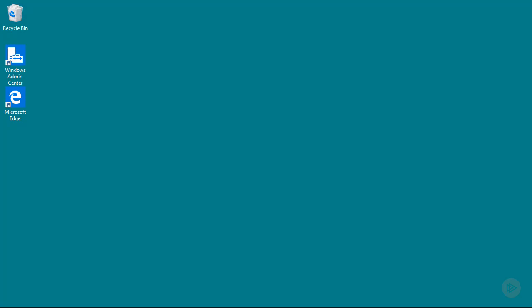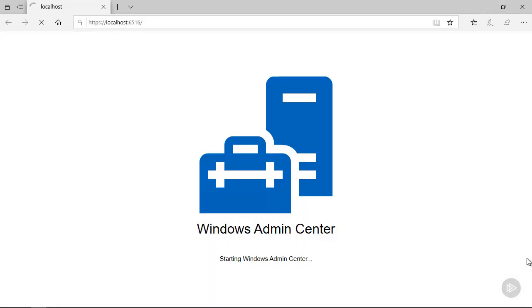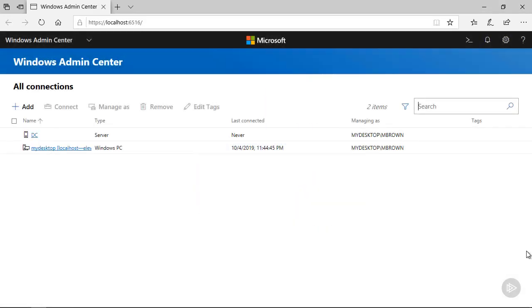So if I open up Admin Center, it opens inside Edge, and on this first screen you can see a list of all the connections that I've established. Windows Admin Center will always connect to the local desktop, and you can see I've added a connection to DC. We're going to be deploying 2 domain controllers as part of this course, so I need to add a connection to DC2. So if I click on Add,